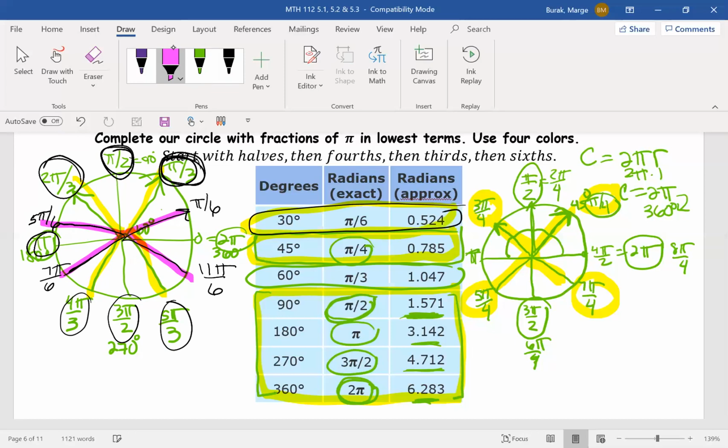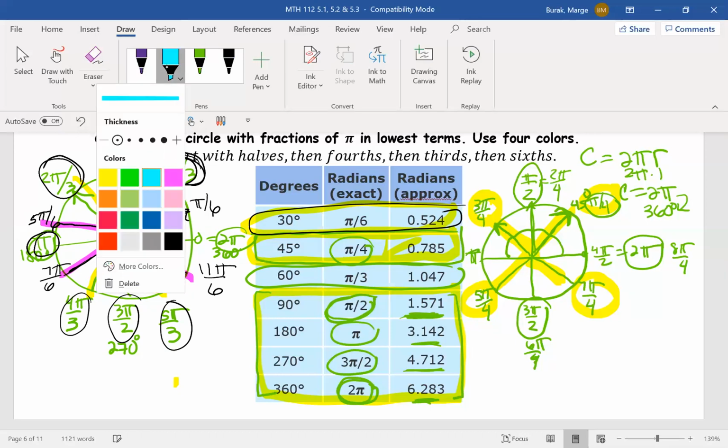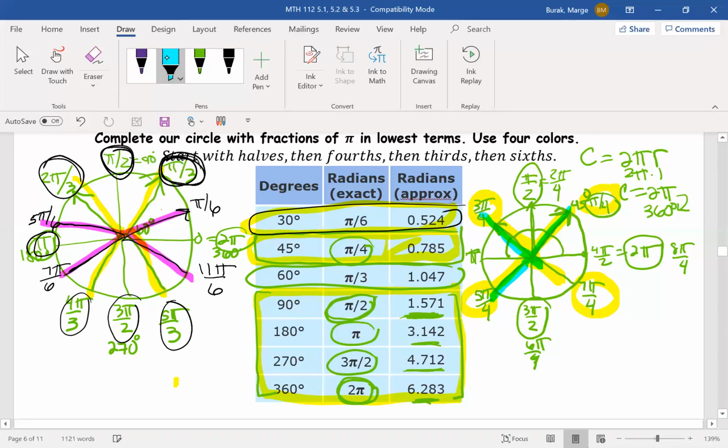So we would have fourths over here, and I could use a different color just to accentuate that. So these are the fourths. And then we have our thirds in yellow, and our sixths in pink. And then, of course, the quadrant angles. Okay, so what I'd like to do now is have you